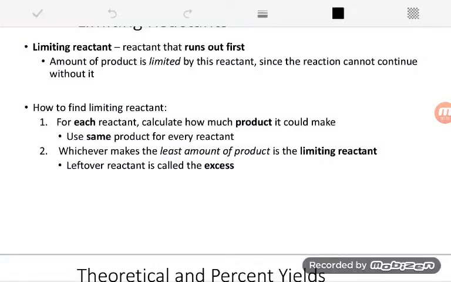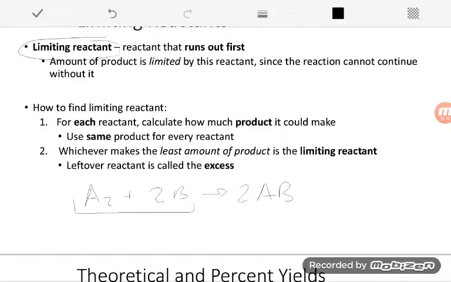Now that we've practiced our stoichiometry calculations, we can apply this to a larger problem called a limiting reactant or a limiting reagent problem. If you consider most chemical reactions, so here's a generic one, A2 plus 2B gives me 2AB, it's nearly impossible to combine the exact amount of reactants so you use them both up and have nothing left over. Instead, it's much more likely that you're going to add a little more of one than the other,